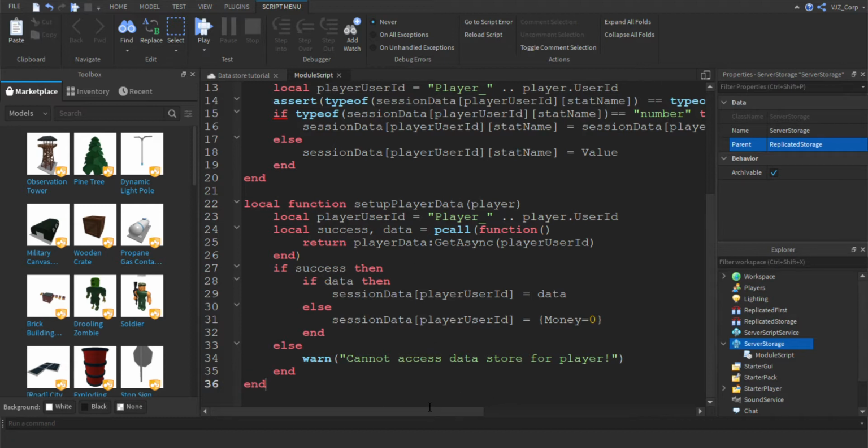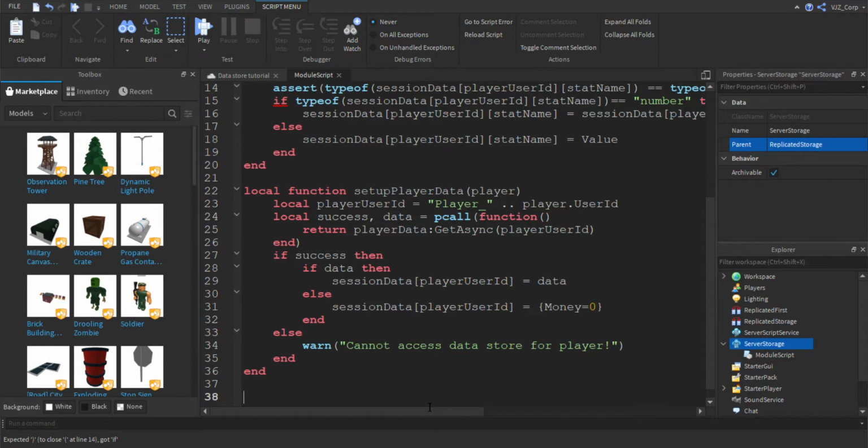Next, we're gonna move on to... okay, so next we're gonna make sure that the player, just as a second line of defense, we're gonna make sure that when the player leaves the game, it also saves